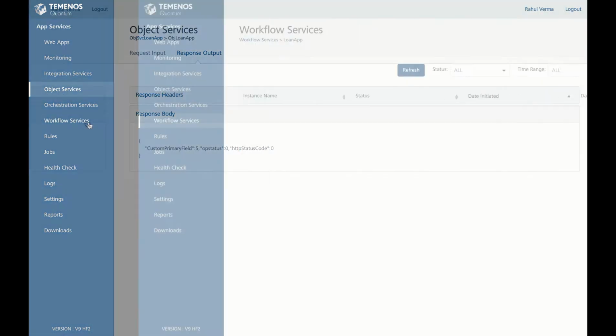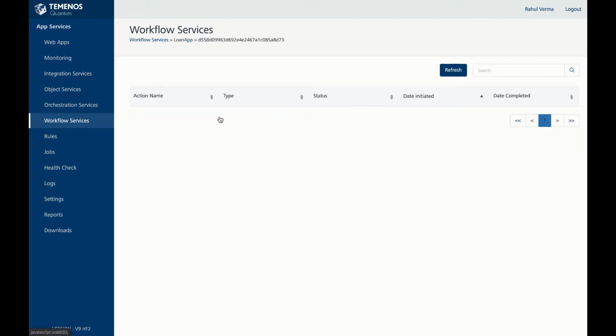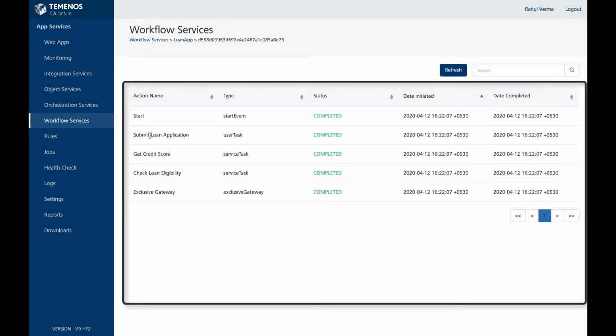In order to see that, we will go to the workflow tab, search for our workflow, select our instance of the workflow. This is the workflow audit history. Here you can see the path that our workflow instance has followed and all the nodes that were executed. So it has executed the start node, then the submit loan application user task, then it made a service call to get the credit score,